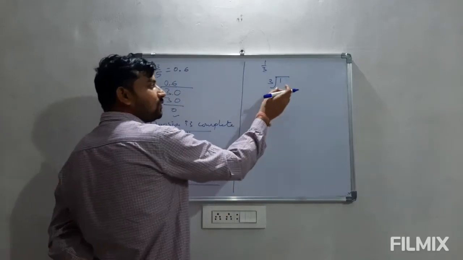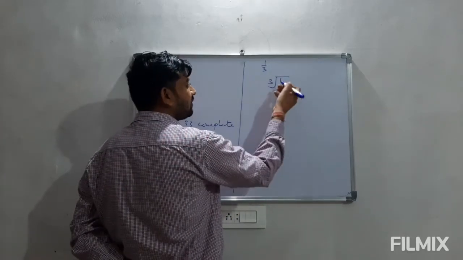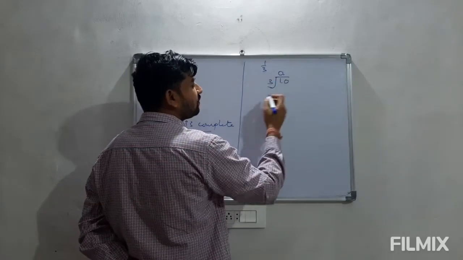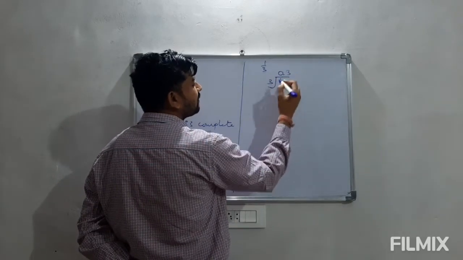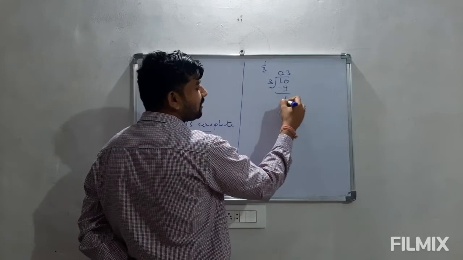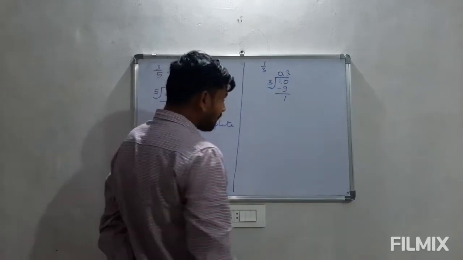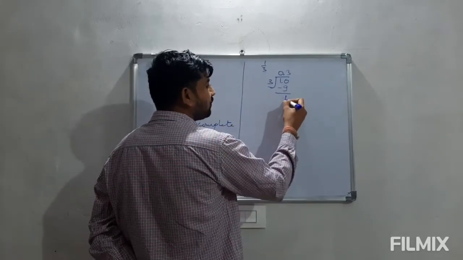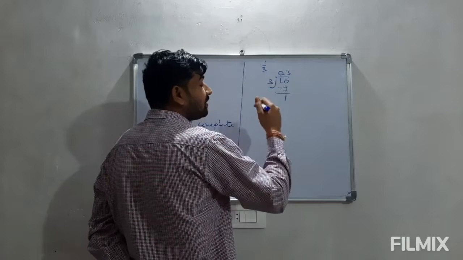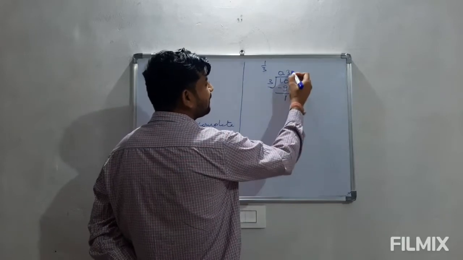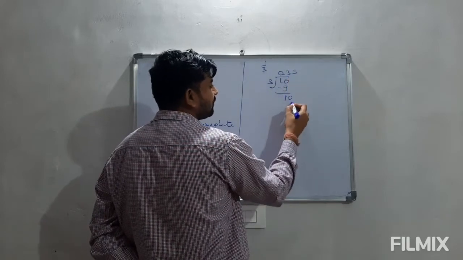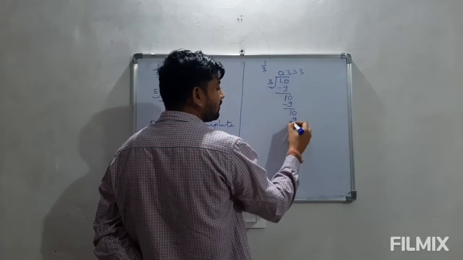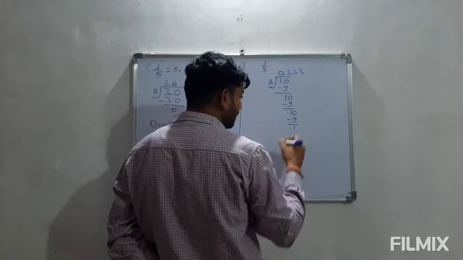We cannot divide as it is, so we have to put 0 and a decimal. So this will be 3 times 3 3s are 9. The remainder is coming out to be 1. Again the remainder is not 0, so we are in decimals, so we can again divide it. 3 3s are 9. So again we get remainder 1. Again if we divide, again it will be 9 and the remainder 1.